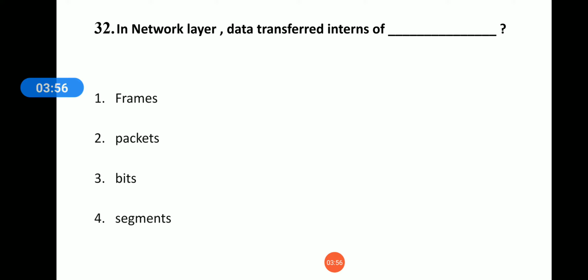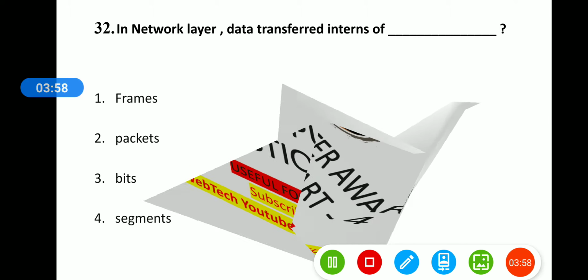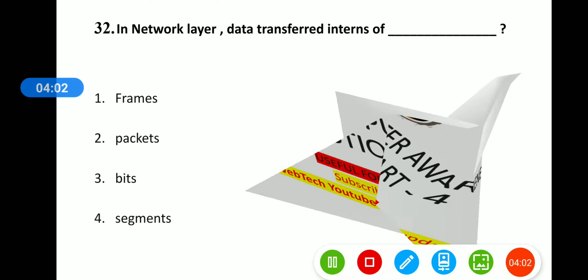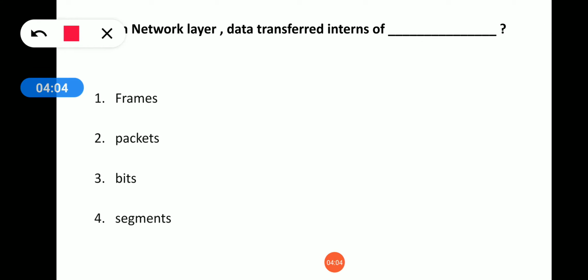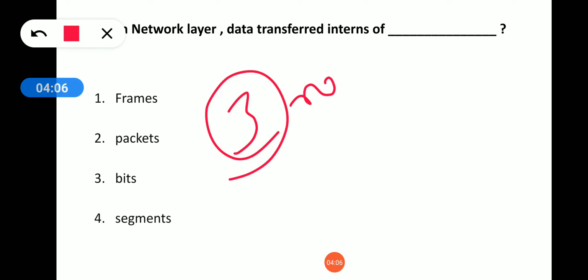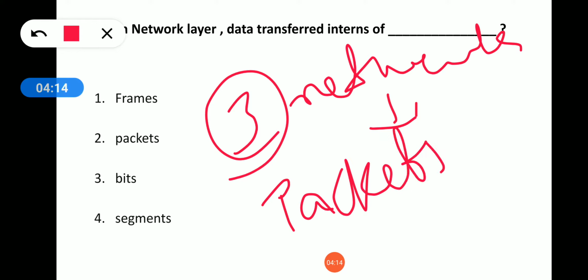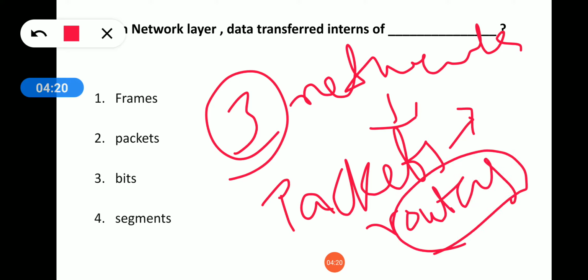The next layer is the third layer, the network layer. Data is in terms of packets. Devices will be routers, which are mainly used in the network layer.